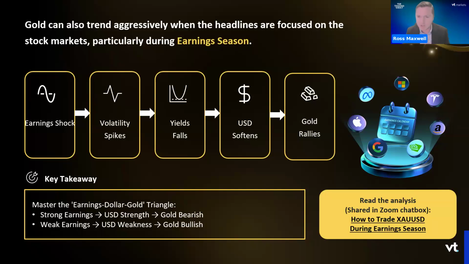We've got the upcoming earnings season towards the end of January. The week starting 26th of January, we've got Microsoft, Meta, Tesla, Amazon, Apple, and Intel all releasing their results that week. As I say, these are the big companies releasing their results, and if there's a big miss on expected earnings, that can create that volatility in gold.